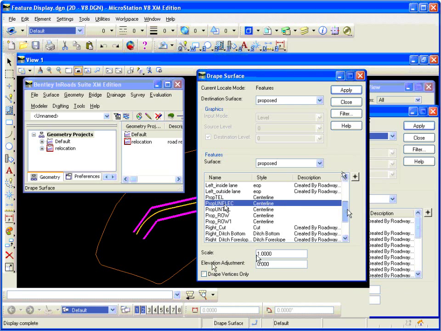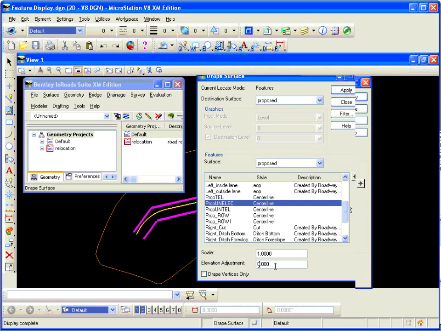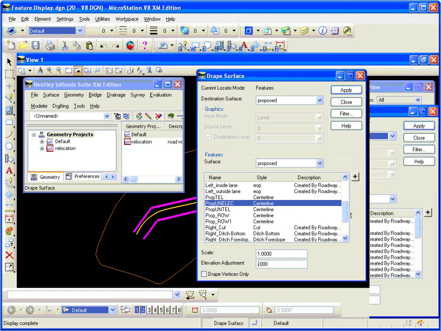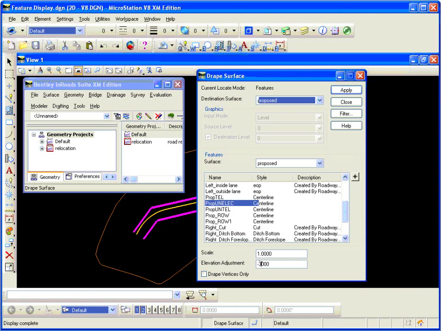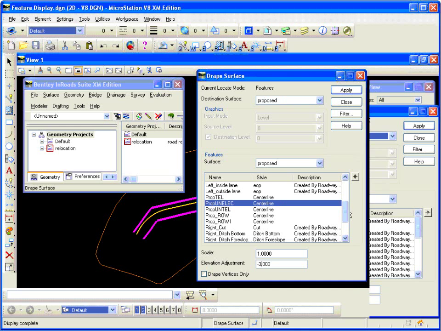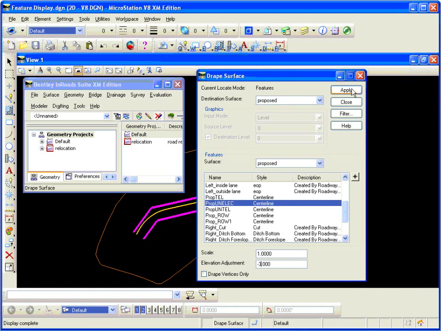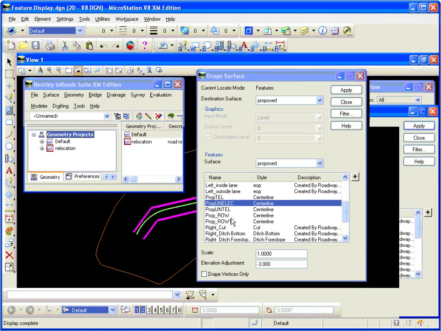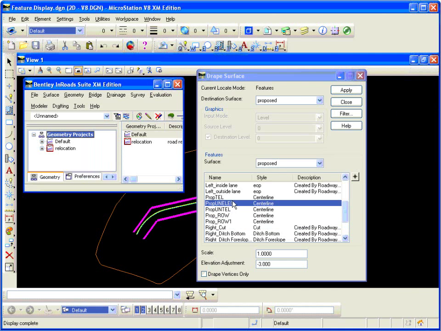and our elevation adjustment is where we're going to set up for it to be down in the ground. So we're going to give that an offset of -3, and that will put it down 3 feet. Let's just click apply, and no, we don't need to retriangulate, and we'll do the same for the underground telephone,